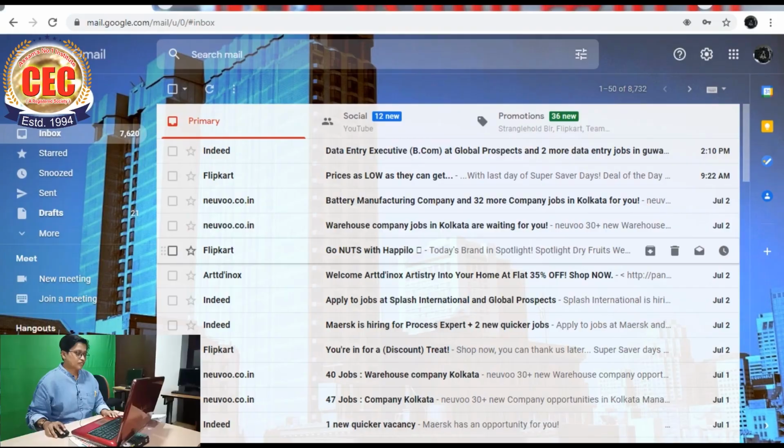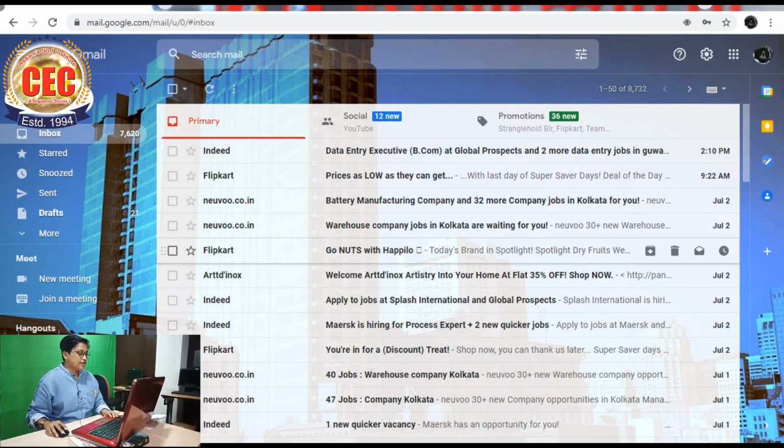Today I am going to talk about one of the features of Google products, that is Google Flights. This feature allows us to book any flight according to our requirement. After entering our desired destination, it provides us with the list of flights available for the particular location.